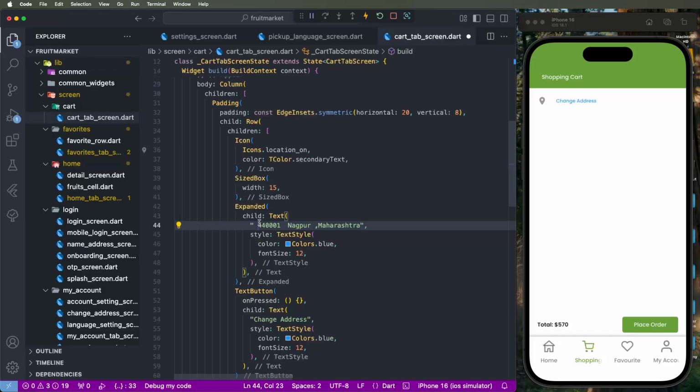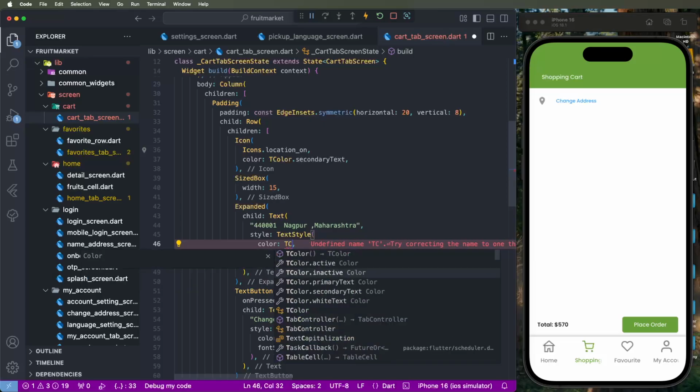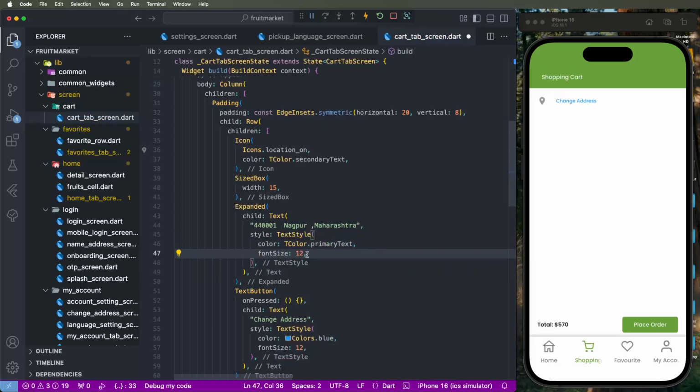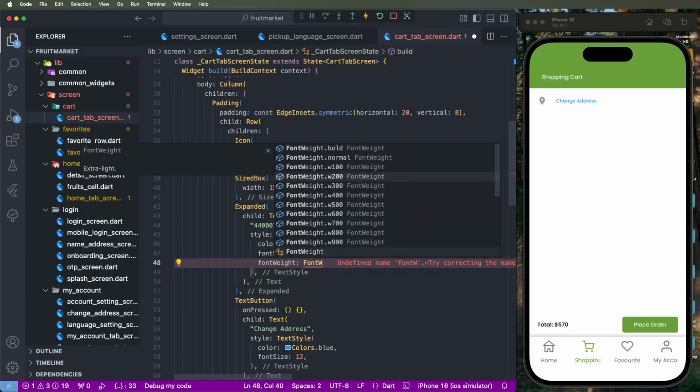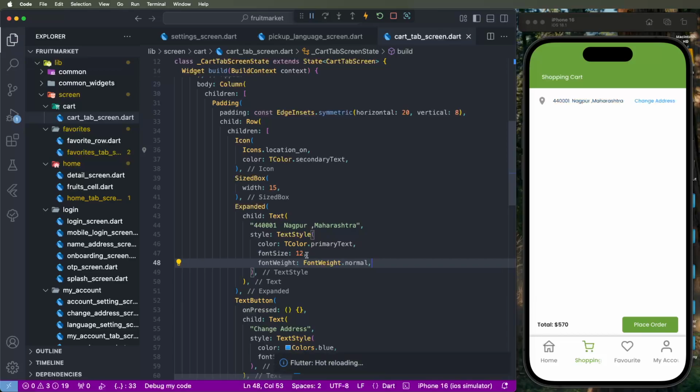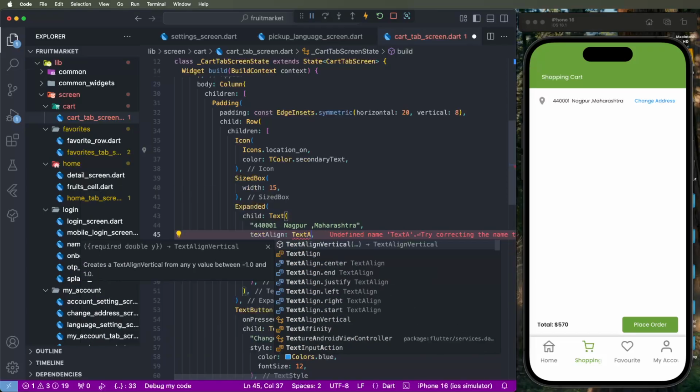Then after we need to convert into the dynamic, and we need to set here the primary text, primary text colors, primary text. Set here the font weight. Need to set here the normal and show like this here the UI. Increase this here the font size, 14 is good maybe. And we need to set here the alignments, text alignment,